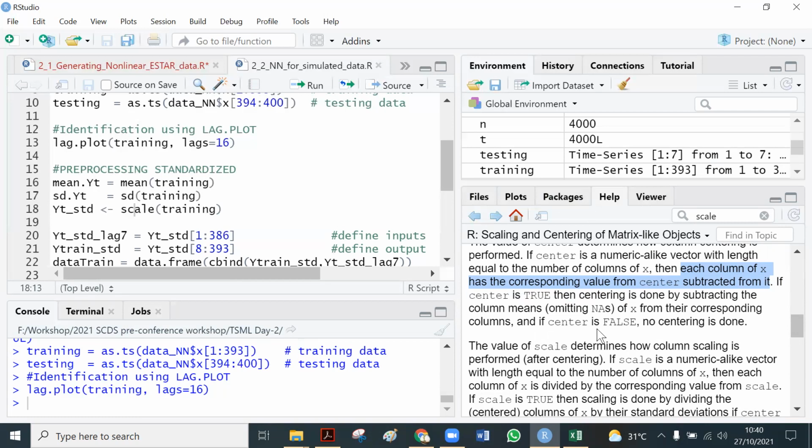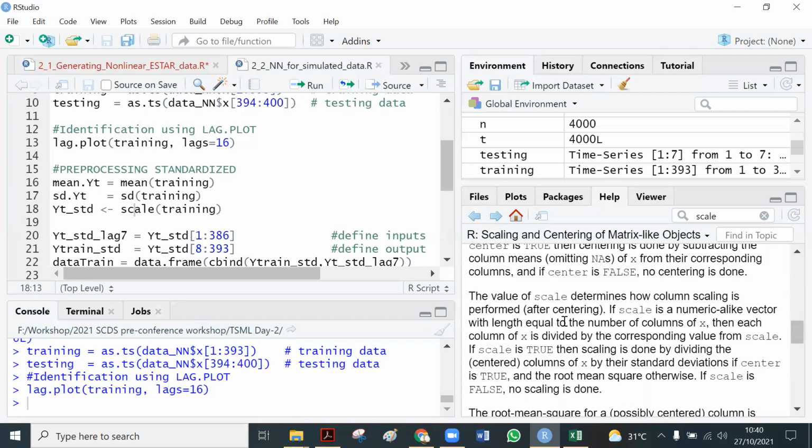And if center is FALSE, no centering is done. Then the value of scale determines how column scaling is performed after the centering. So the data minus its average, this procedure is called centering, right?